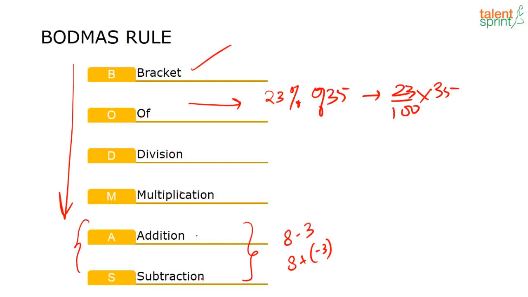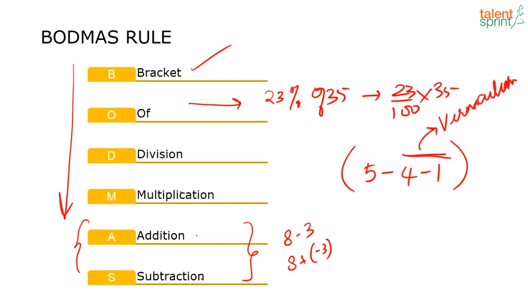Now as I said, in a few questions there is something called a vinculum, or for example let me take a question, 5 minus 4 minus 1 bar, correct? Sometimes there is a bar that is given on top of a few numbers. Now this is called a vinculum. Whenever this is given, while simplifying this expression, the first thing that you should simplify is what is given under this vinculum. So here 4 minus 1 is 3, then you do what is 5 minus 3.